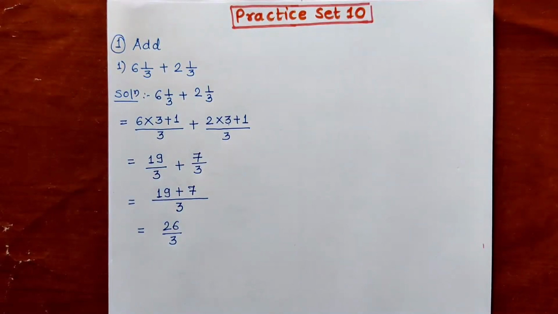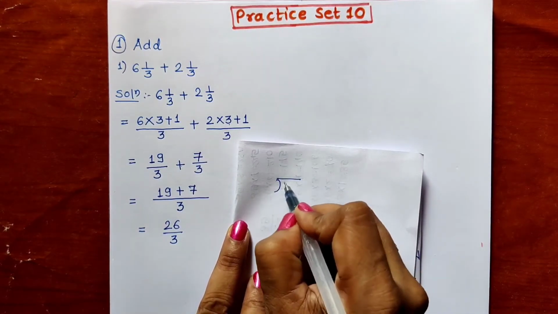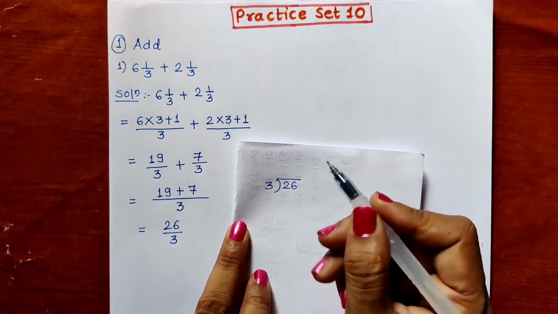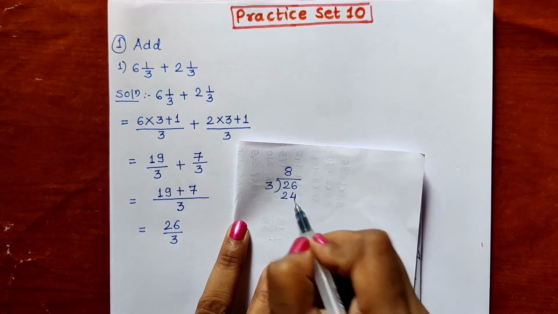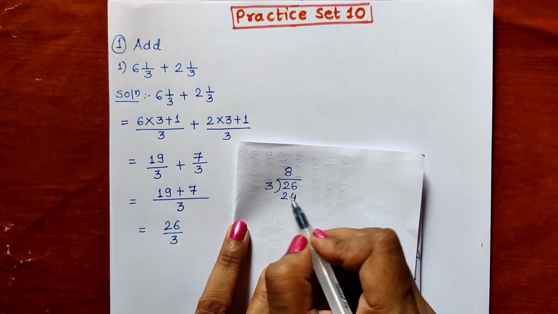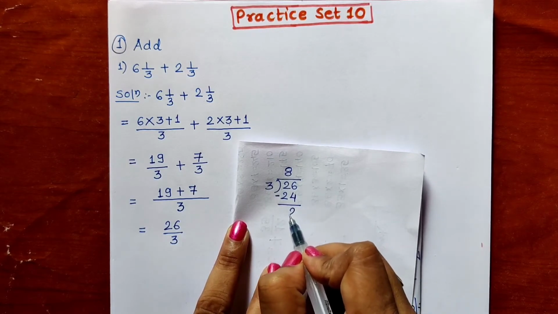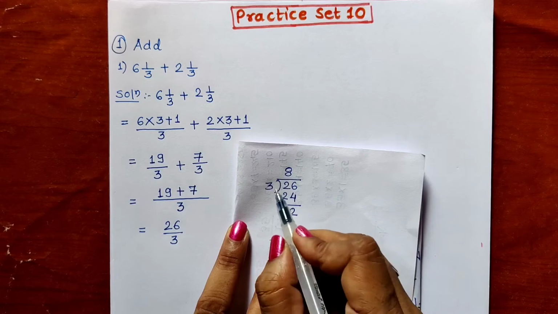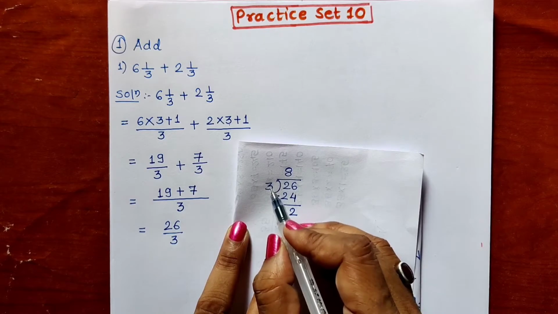So what will we have to do for the conversion? We will have to divide. So let us divide on our rough page. 26 divided by 3. 3 8s are 24, because 3 9s is 27 and 27 is bigger than 26, so we cannot write 27. We have to write 3 8s are 24. 26 minus 24, remainder is 2. Now the remainder 2 is smaller than the divisor 3, so we will have to stop here. When the remainder is smaller than the divisor, we stop.